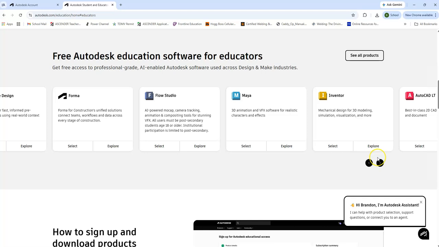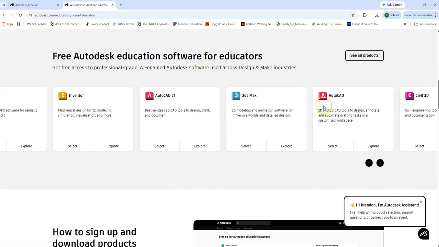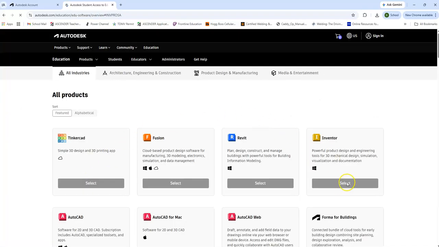Like I said, we use Inventor. You can also download AutoCAD, which is pretty good if you're just doing basic 2D plans. I use Inventor for all of my 3D modeling, so I'll select Inventor and